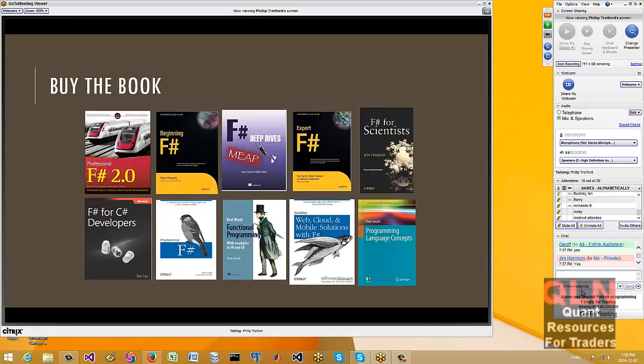In terms of books, there's a huge number of great books these days for FSharp. No problem there. Probably the biggest problem is choosing which one. I'd recommend, if you're coming in new, Programming FSharp's great, from Chris Smith on O'Reilly, and Jon Harrop's FSharp for Scientists is a fantastic book if you're coming from the maths side. There's a book that Tomas Petricek and I and a number of other authors have been working on, which is available online now and will be available very shortly in hard copy, called FSharp Deep Dives.